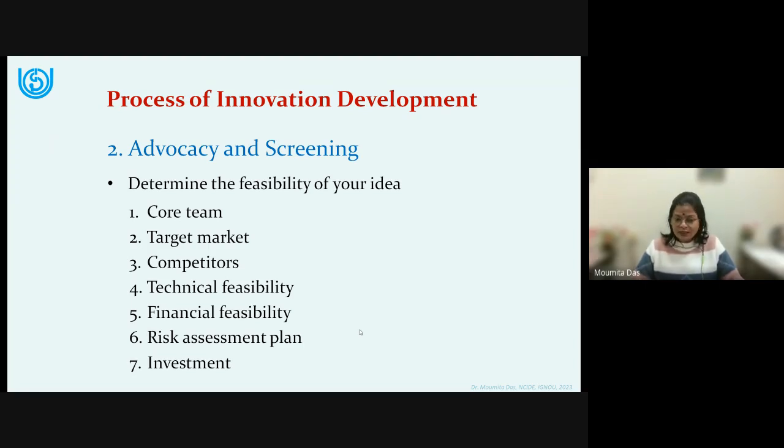The next one is the target market. You have to thoroughly research your market. Who are your customers? Very, very important. For whom are you going to make that product or offer your service? Research is very important for your target audience, for your customers.